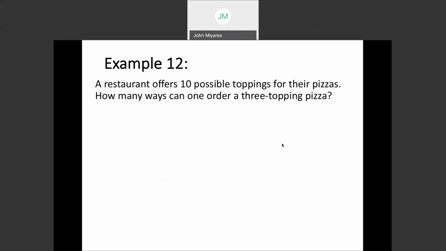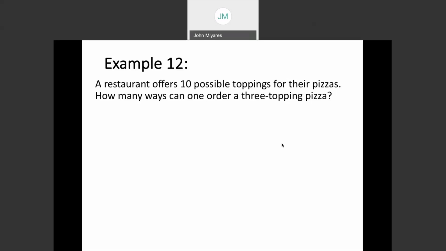What about this one? A restaurant offers 10 possible toppings for their pizza. How many ways can one order a 3 topping pizza? Let's pause for a second to think about this one. Is this a permutation or a combination? Does the order matter? Are the toppings specific? This one's a little bit deceiving because you're thinking in the back of your mind the toppings are going to be specific. It's going to say, well, I want to have pepperoni, I want to have sausage, I want to